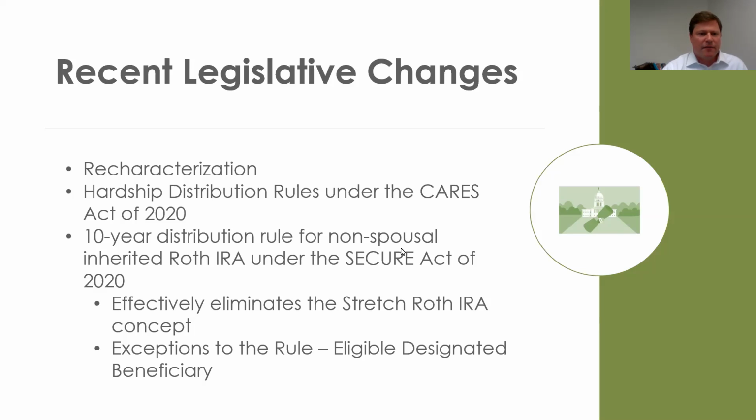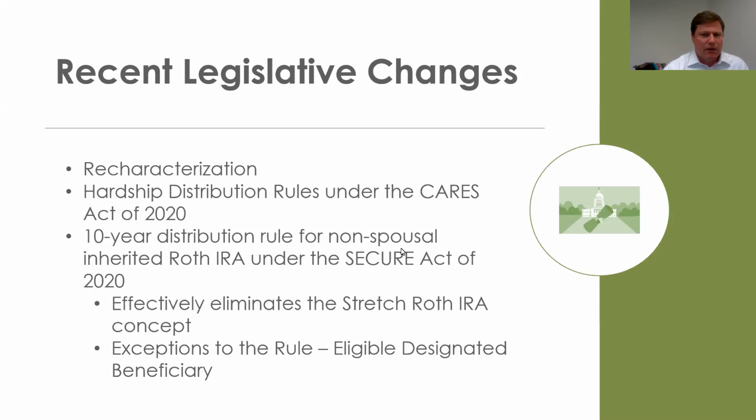And the reason I put "effectively" here is because there are some exceptions to the rule. For most of our clients inheriting an IRA or Roth IRA, you may fall within this exception. The people in there are surviving spouses, which happens to be a primary beneficiary for almost all of these IRAs. Minor children, not so much, but if you're a minor child or have a minor child, you don't have to have the 10-year rule apply.